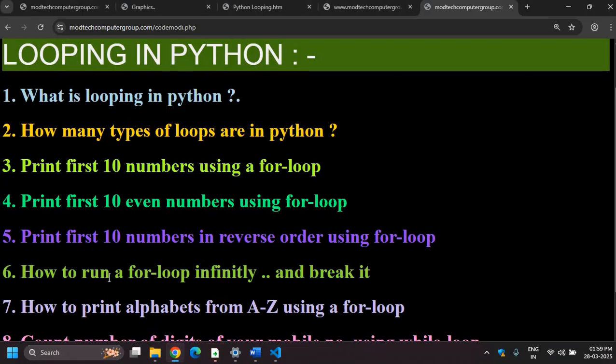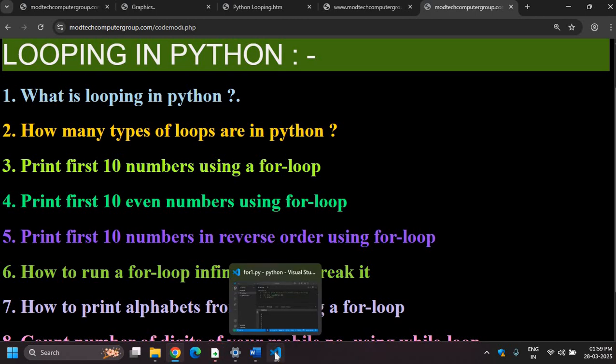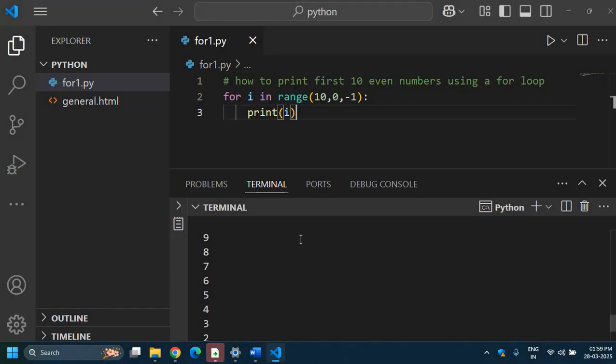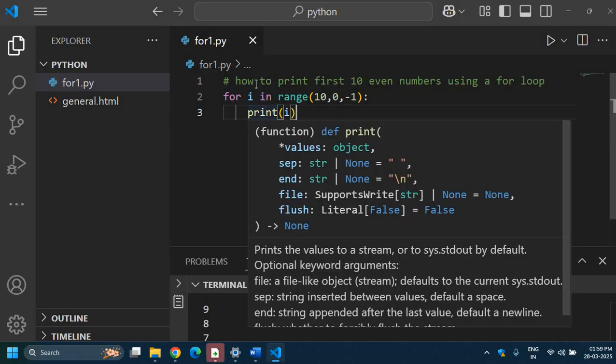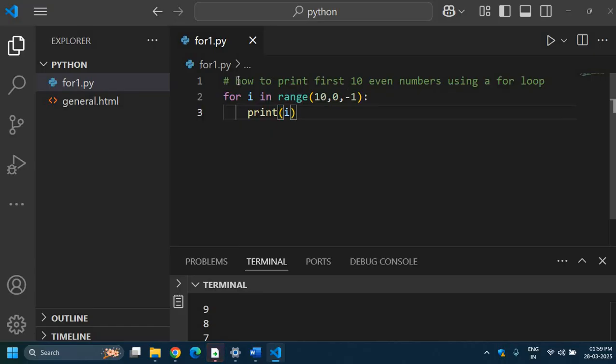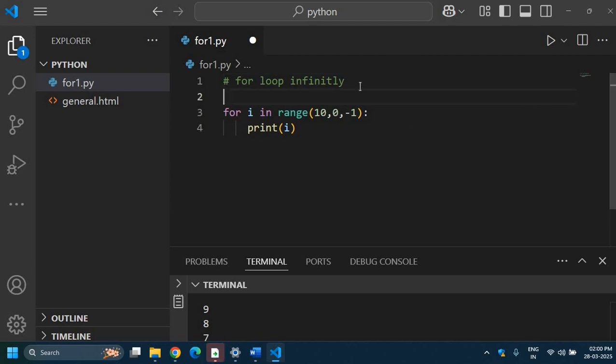Now we are coming down to how to run a for loop infinitely and break it. Infinitely, here you will have to use the Python library functions, and then only you will be able to do this part, please. So now I will print loop infinitely. So for loop infinitely I'll be printing it. So what I'll do here, I'll have to import